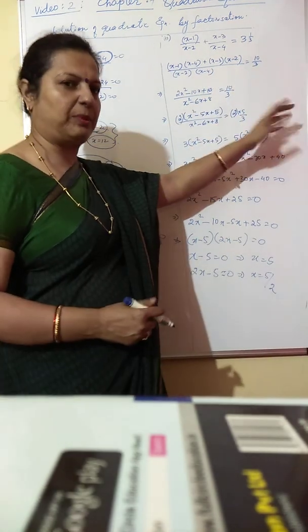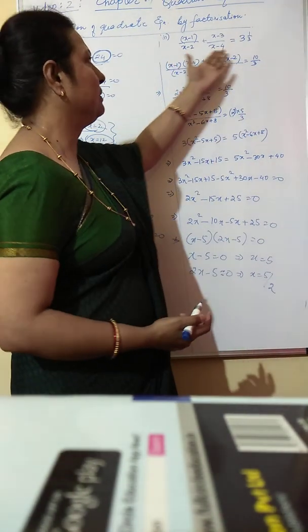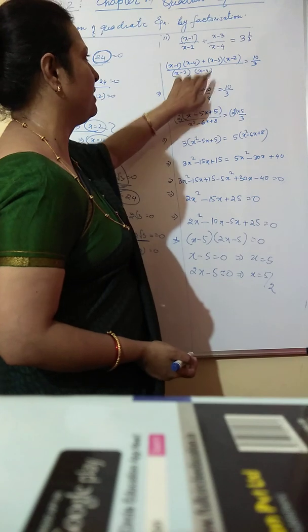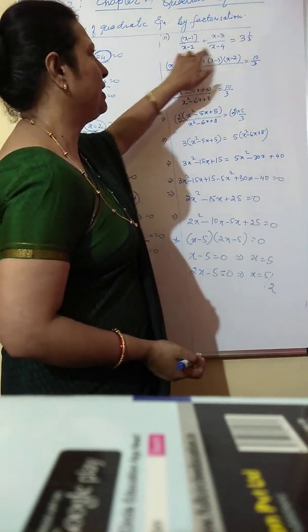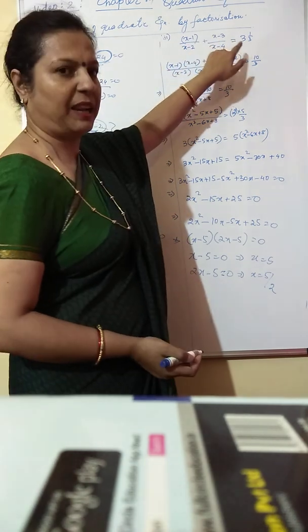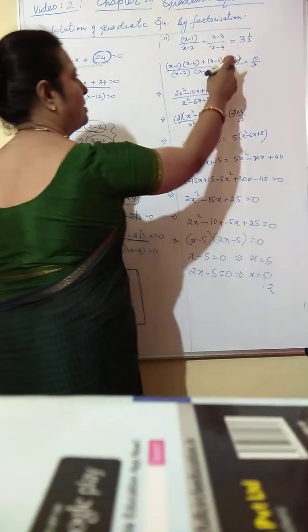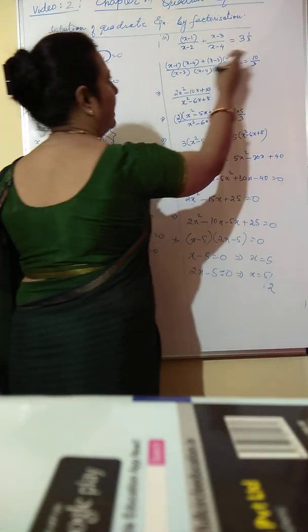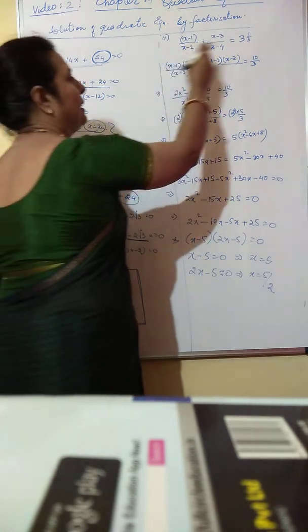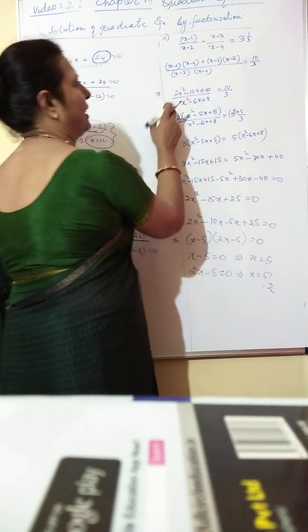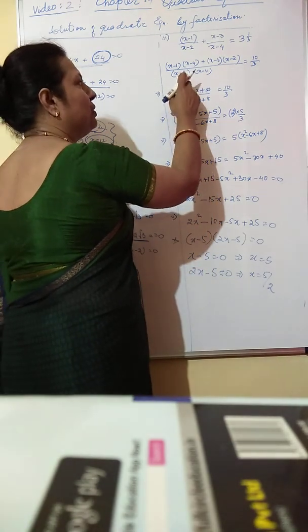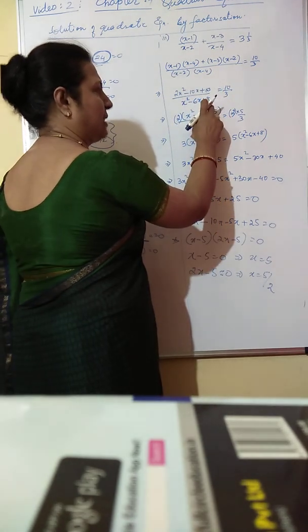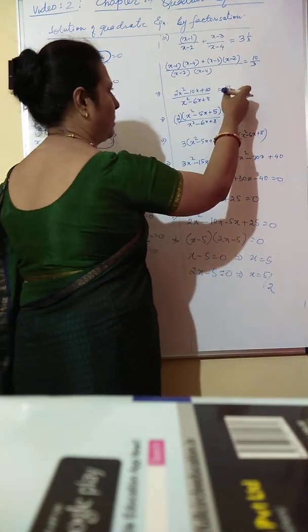So for simplification of calculation, when we have such terms, we take LCM. So I have taken the LCM as x minus 2 into x minus 4, and then because the product of the denominators is the LCM, these will be cross multiplied for simplification. So cross multiply. Then you multiply to get different terms, then you simplify the numerator, simplify the denominator. On simplification, I got 2x square minus 10x plus 10, and the denominator is x square minus 6x plus 8. This is equal to 10 by 3.